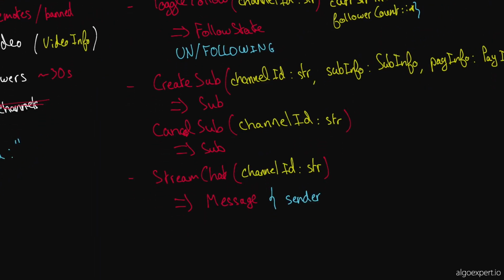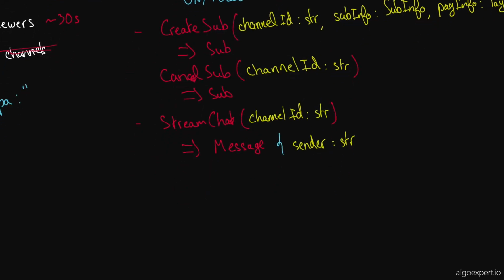No, we had it in yellow. So we'll put this in yellow, sender, and this is going to be just a string for the username of the sender. So sender, string, then we're going to have maybe text. Text is going to be a string, and so here this would be like the example that we had before with capo, that would be the text, and then maybe we'll have timestamp,